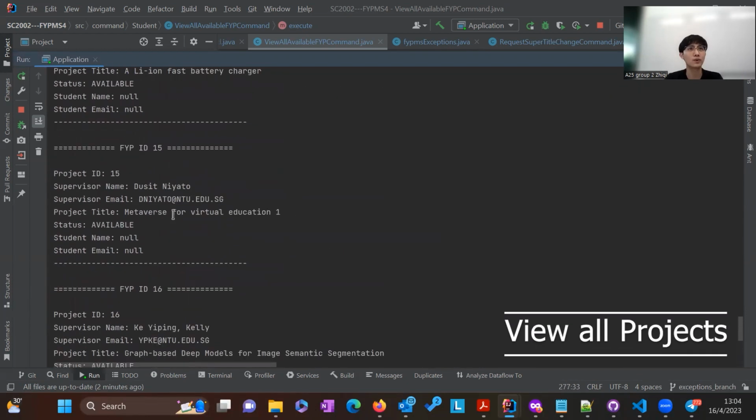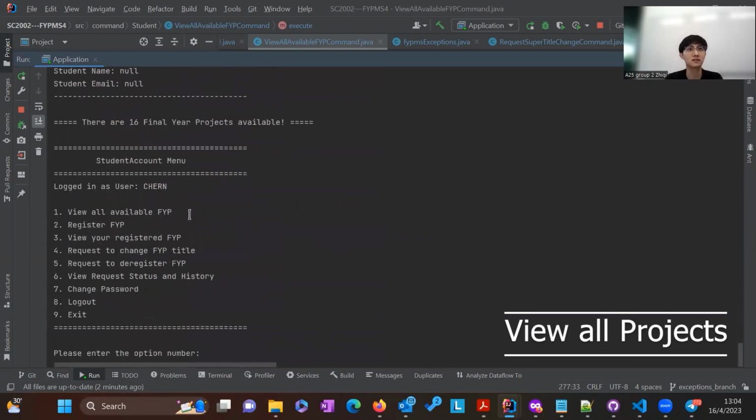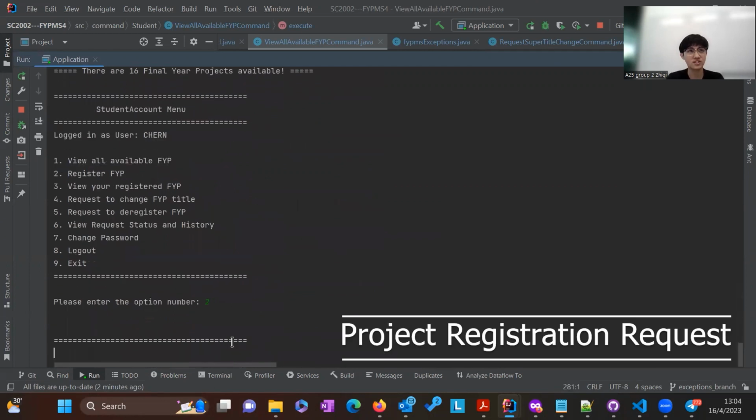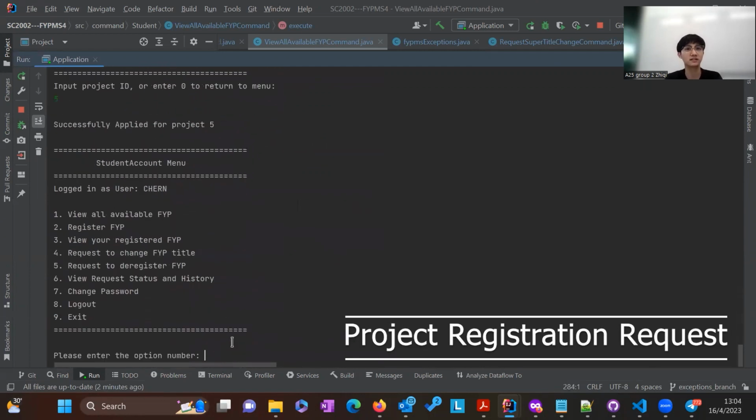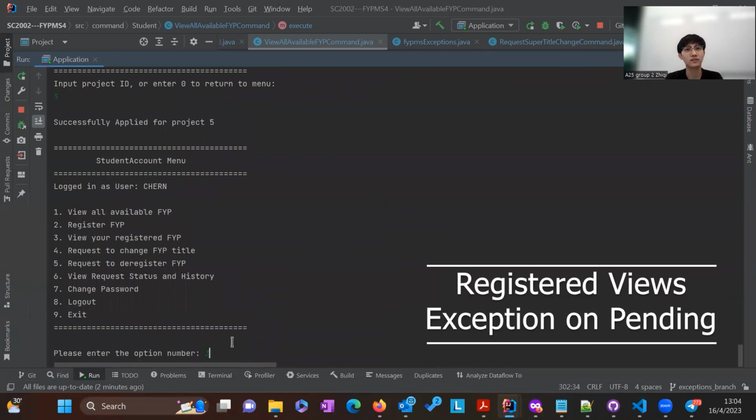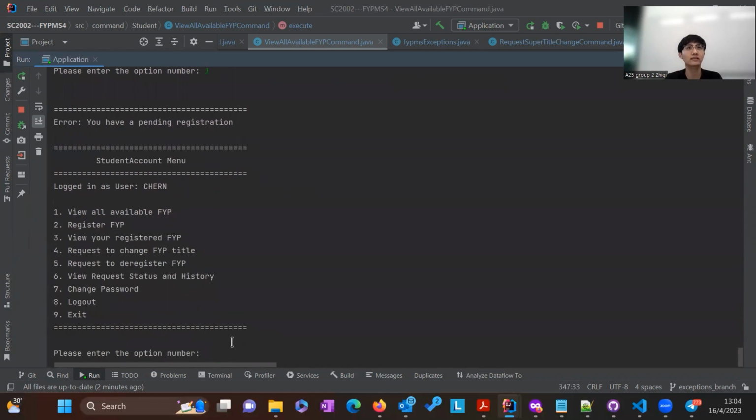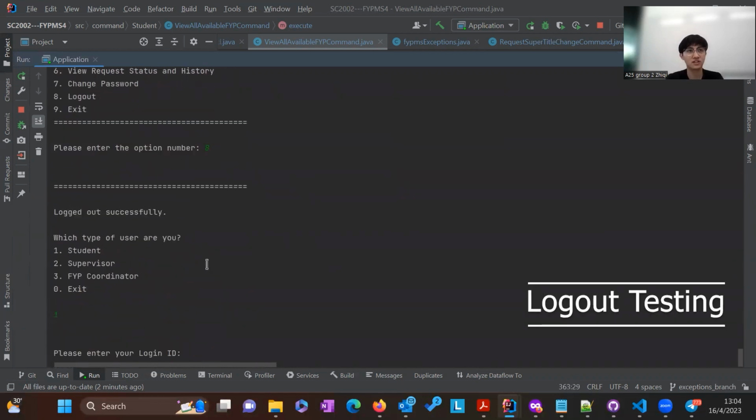So with this, you can view all projects available, which is 16 right now. And to register for one, you just have to enter the project ID. And now, if you try to view your registered project, you'll be prompted with a pending registration, and you'll not be able to view any of the available FYPs. And now we'll log out and try to register for two other accounts,